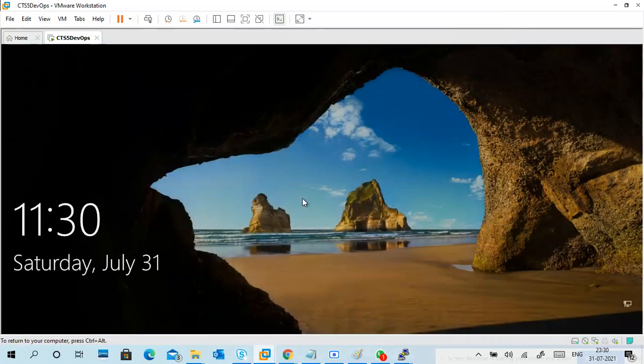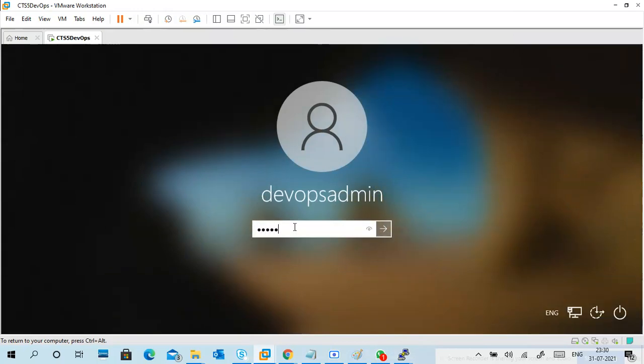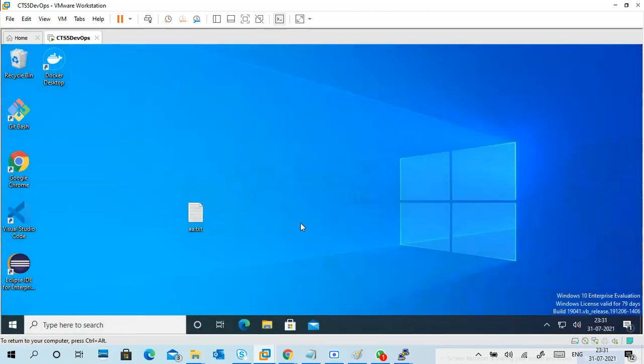Finally, Windows 10 login. Let it go on.